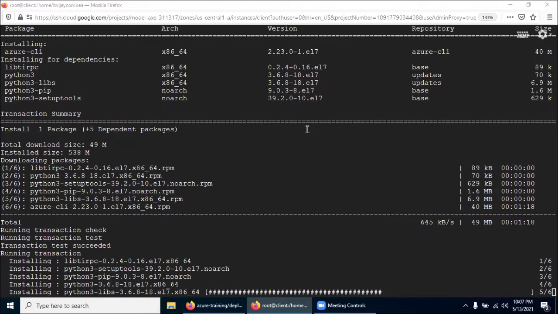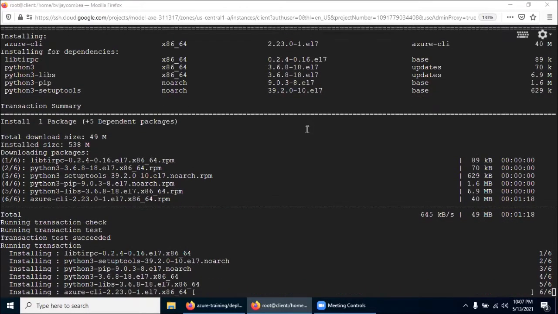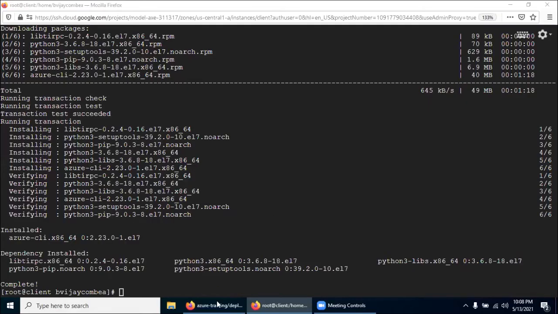Almost there, Azure CLI is now getting installed. Now the Azure CLI got installed.